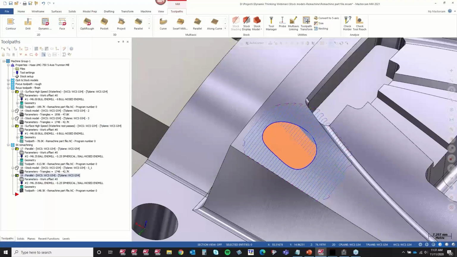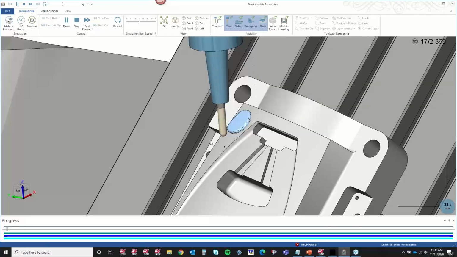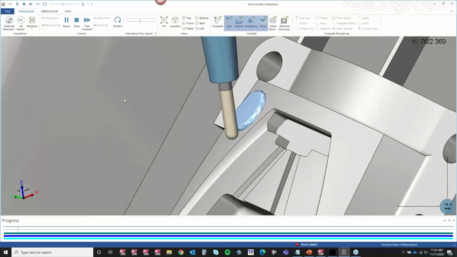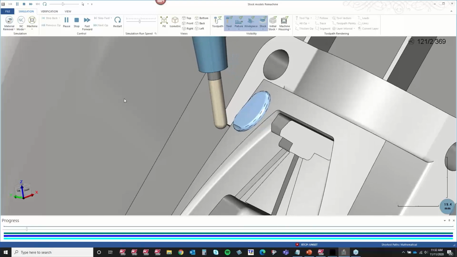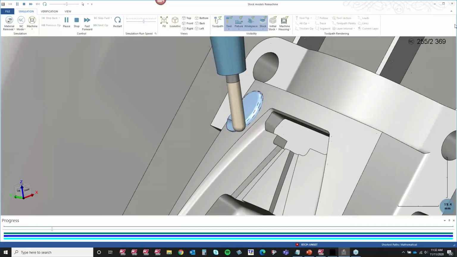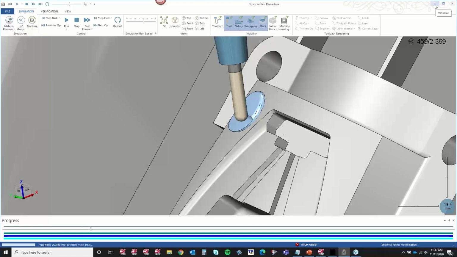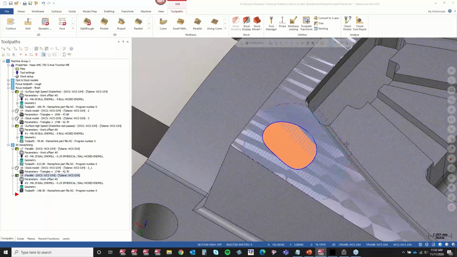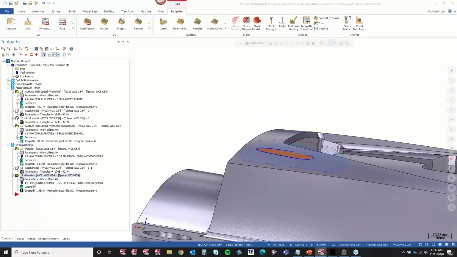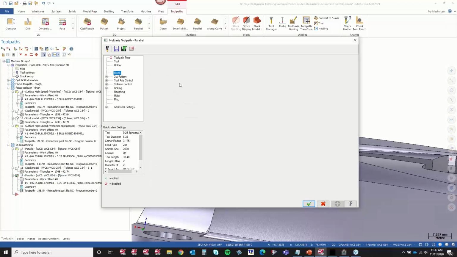So we can look at what that would look like in Machine Sim, right? So we can see how this toolpath is going to act on that specific area of the part. Now, one thing I'd want to do here is I don't know how much material is on there, and if that material is too thick, too aggressive of a cut for that tool, well, I can also use this for roughing. I can go in and run a couple steps on there.